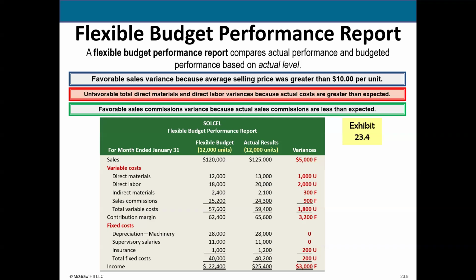So I'd be very concerned about those two, and I'd want to take a closer look. The other variances I'm not too worried about because they're very small in nature. The indirect materials, sales commissions, not very big differences there. Insurance, not a big difference there. But I would want to look at the direct materials and direct labor variances as a manager because I want to see what's going on, what's causing those differences to occur. And so that's what we're going to do here soon.